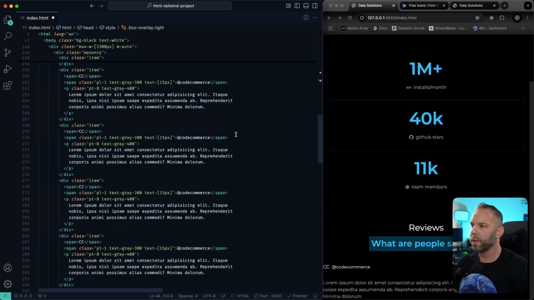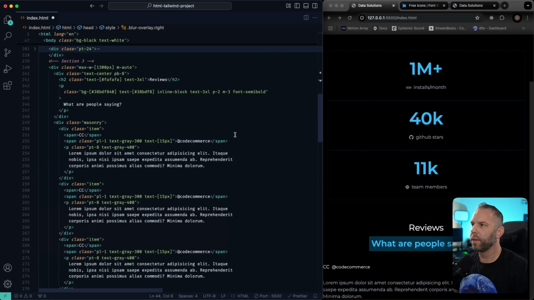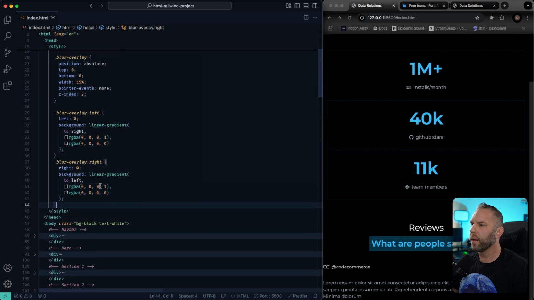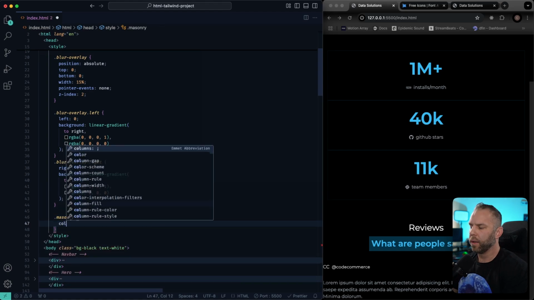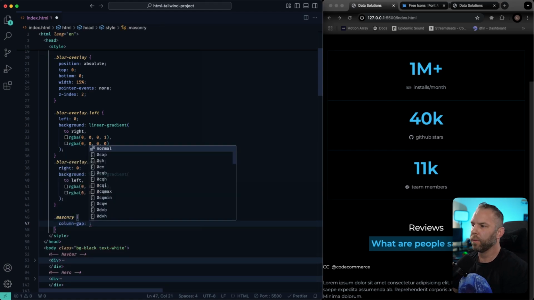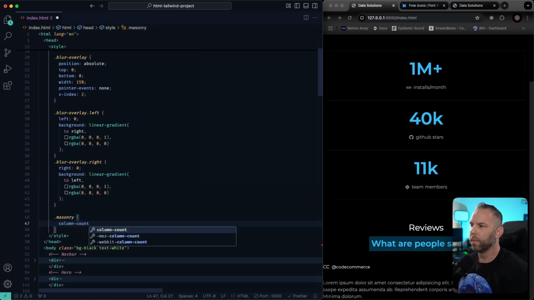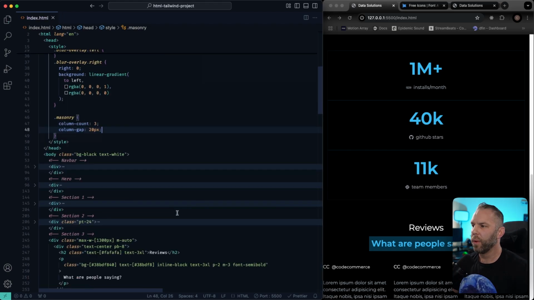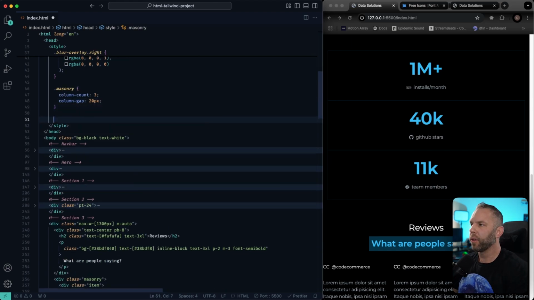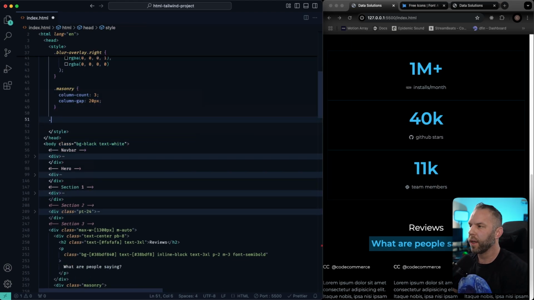So I think we already said, let me make sure we said grid masonry. All right, so we'll come up here and we'll just say masonry. We'll say column count 3 and column gap of 20 pixels. And we already defined that item class, so we'll do that one next. We'll say item,